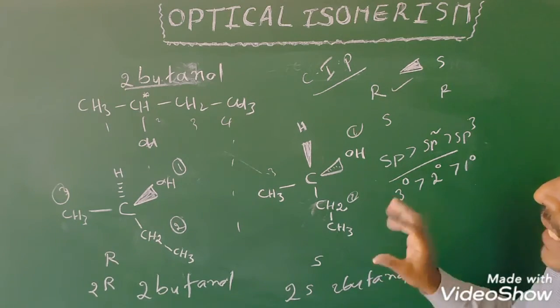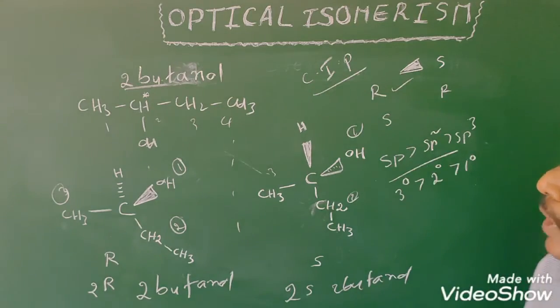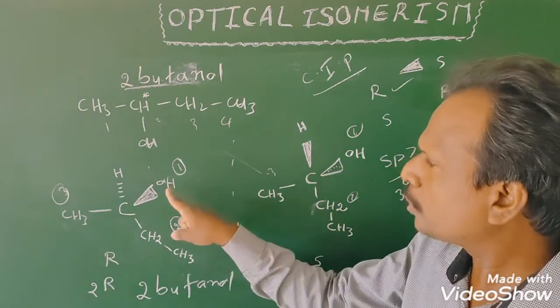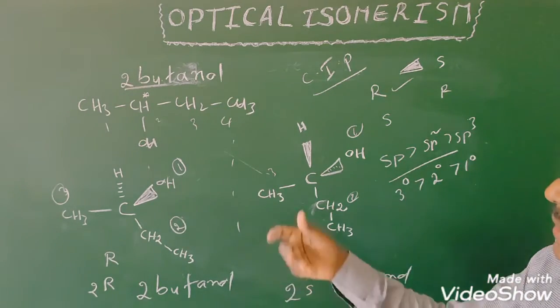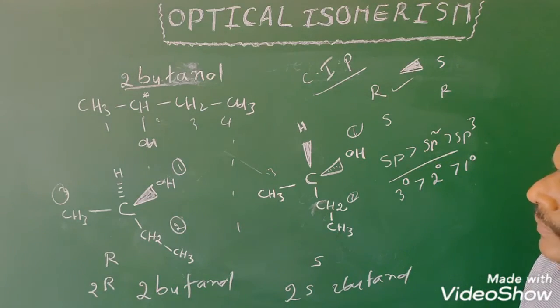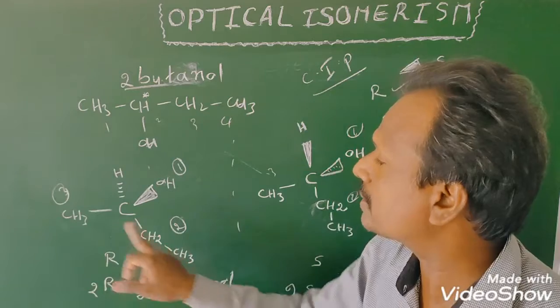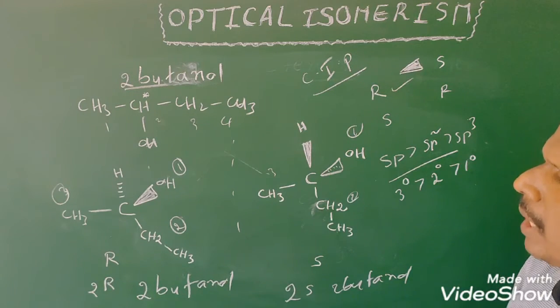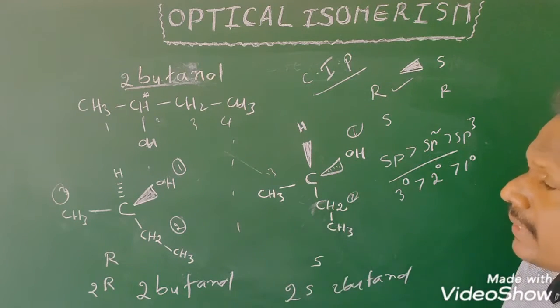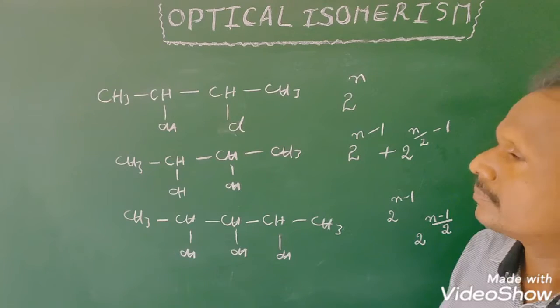So to decide the chirality, use the simple CIP rules. First priority is given to the atom with the higher atomic number. Next, if the atom is the same, hybridization. If hybridization is the same, then the nature of carbon, if the groups being compared are hydrocarbons. If they are not hydrocarbons, then what? We check the next atom. I will explain it in another example.